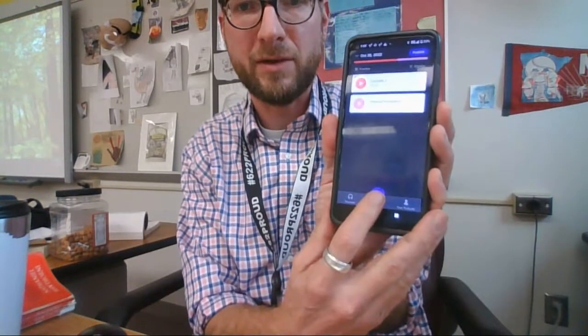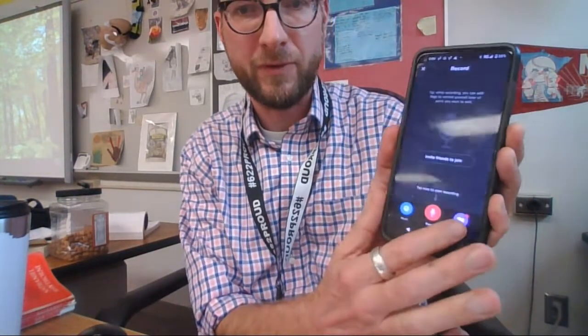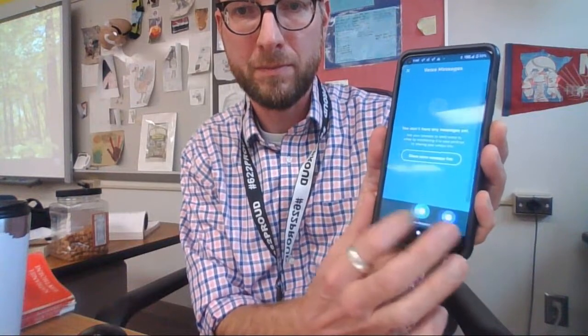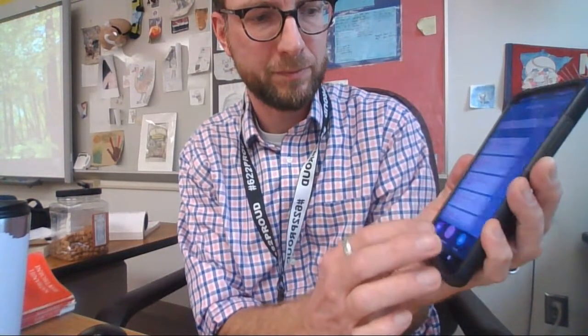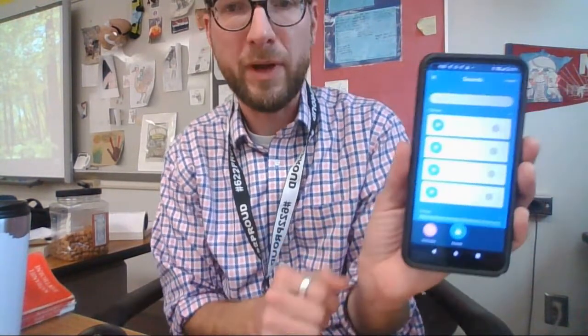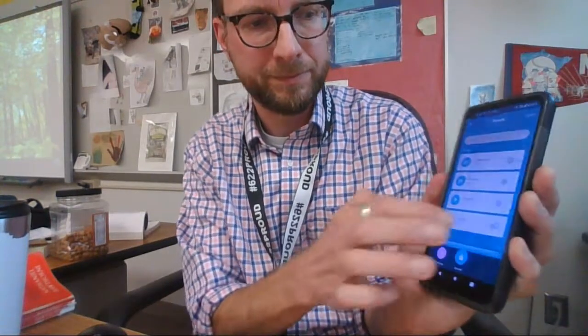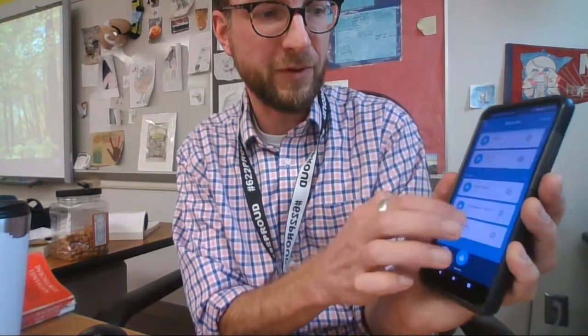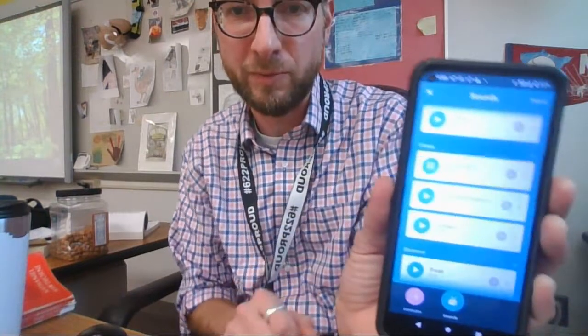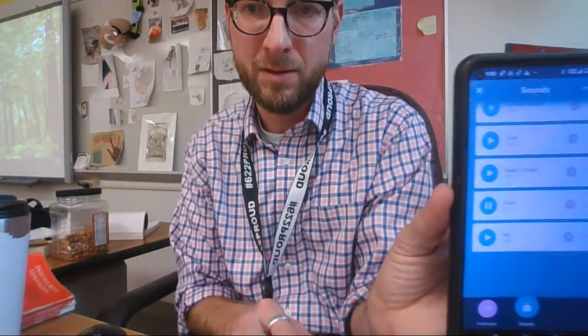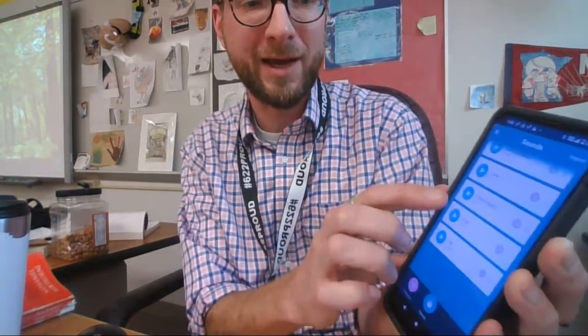You can also add sound effects. So if you go over here to sounds, we have a variety of chimes and things. We also have different types of sound effects. This would be creepy, right? And down to some kind of regular sound effects such as, or if you like goats a lot,